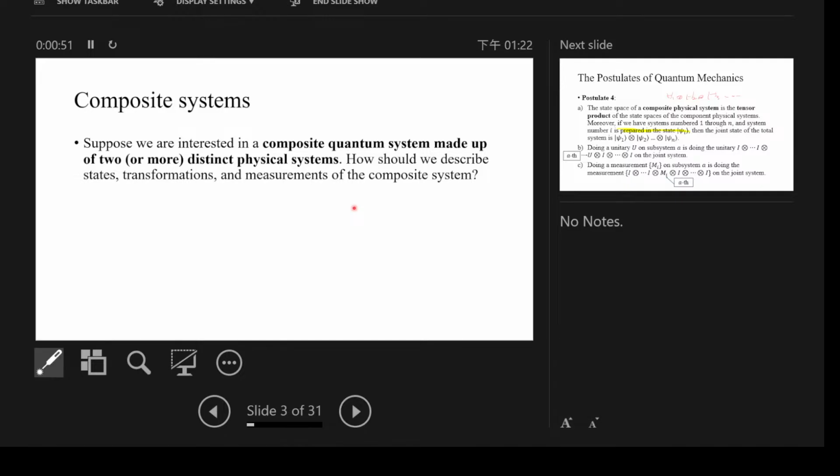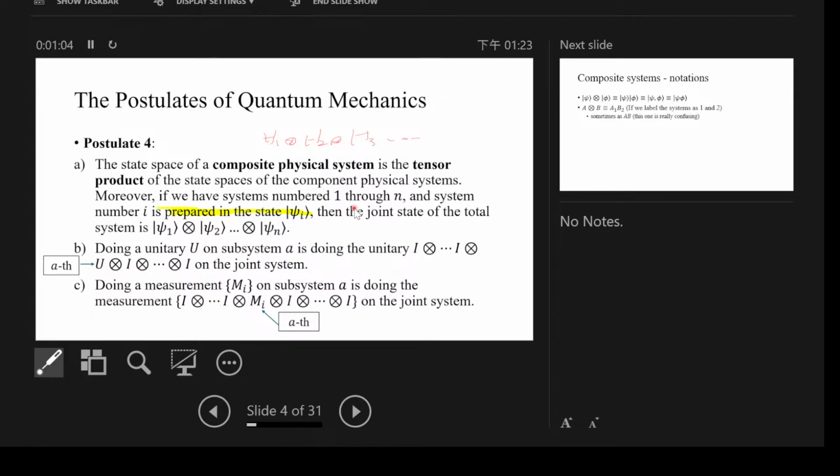And a composite system is just, I would like to think, several quantum systems that are interacting with each other. So you have several systems, and individually they have Hilbert spaces H1, H2, H3, etc. Together, the space of every system interacting with each other will be H1 tensor H2 tensor H3, etc. And then we have postulate 4, which says about what the Hilbert space is, what the state is,